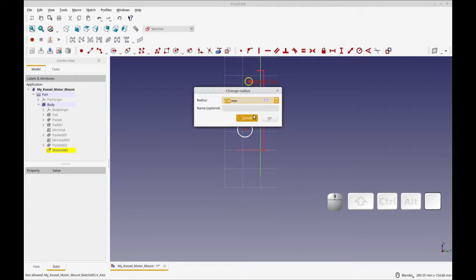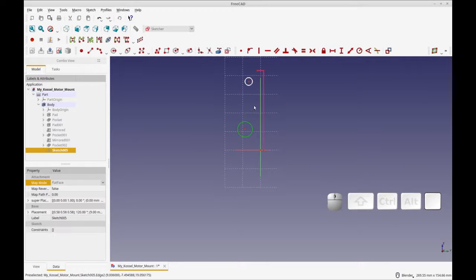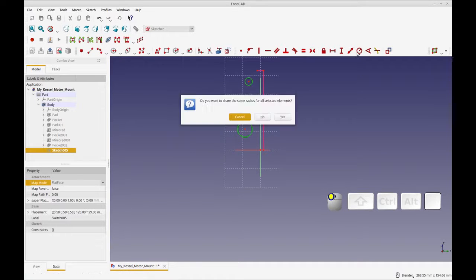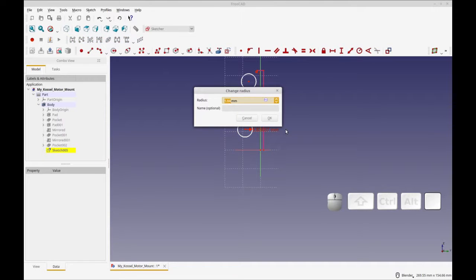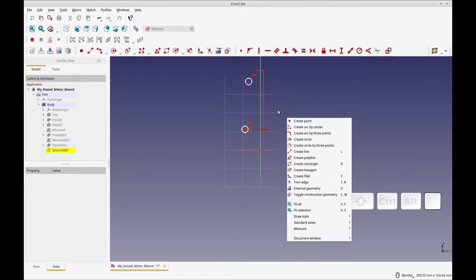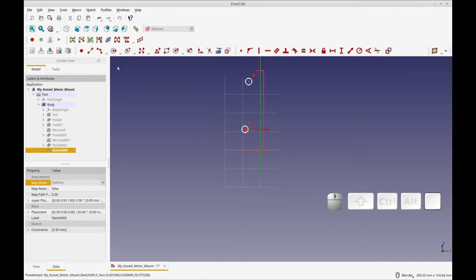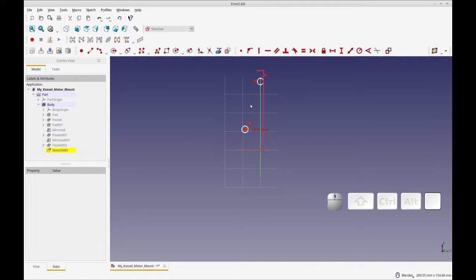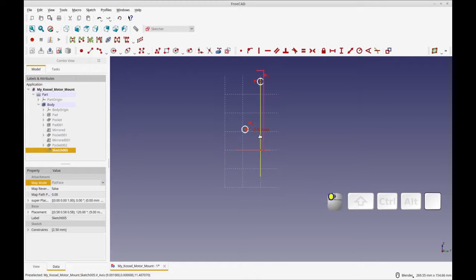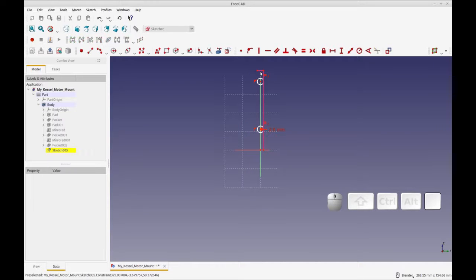I don't know why it's not picking it. Let's try that again. So let's pick the 2. And yeah, it should ask me if I want to share it. I'm going to say yes. And it's going to be 2.5 millimeters. Okay. And we're going to constrain these to the center line of this sketch. And where's that? There it is. And the same for this one. So you can see that puts it dead square in the middle of the